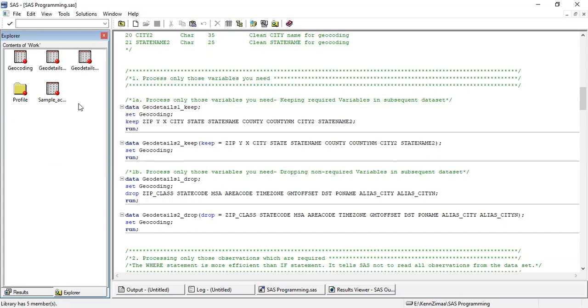First I have created the data set geo details 1 underscore keep. Let me open it here. Again, this is a small data set, so I'm opening the data set directly here. But when we are actually working on millions of rows in one data set, one should not do this because this will just hang your system.